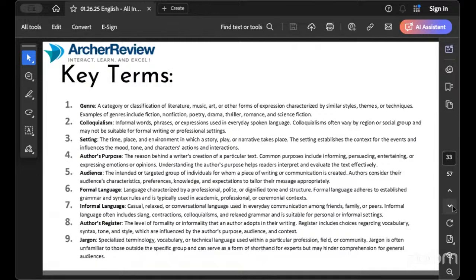Now, I'm not going to read through every single word on this page. This is for your benefit to take with you. So when I send you this PDF at the end of the night, you'll have this to study the terminology on. So a couple things I am going to hit high points on here. Genre, that's just what category it's falling in. So what classification, what category.